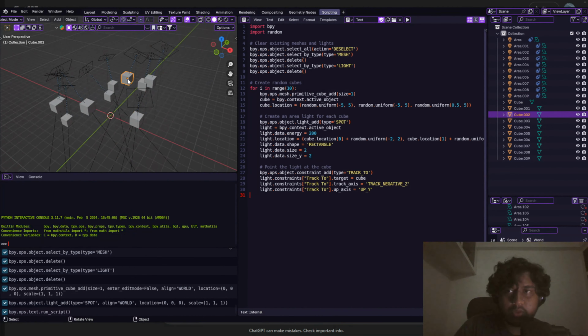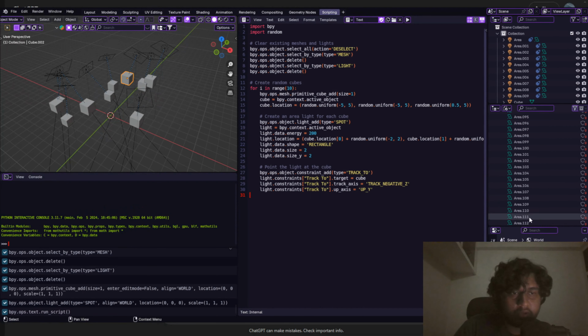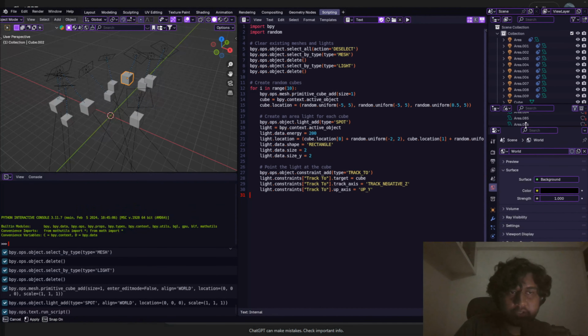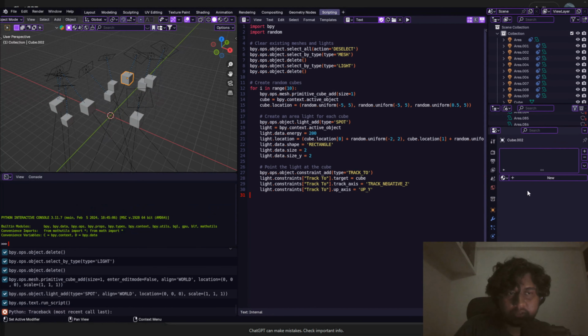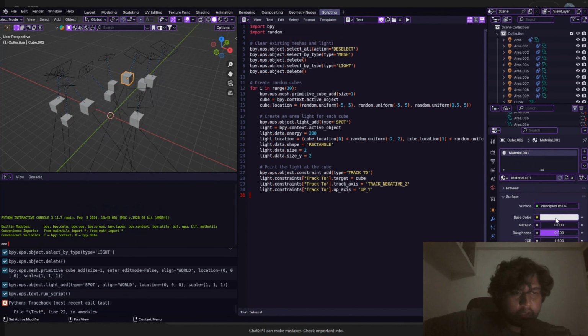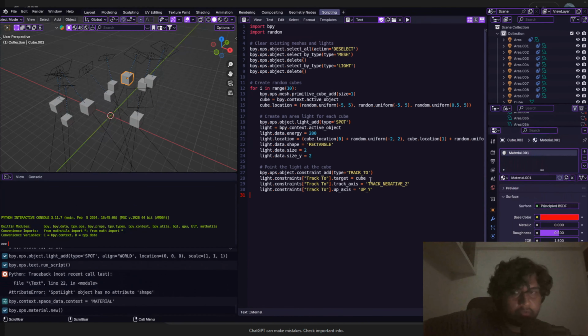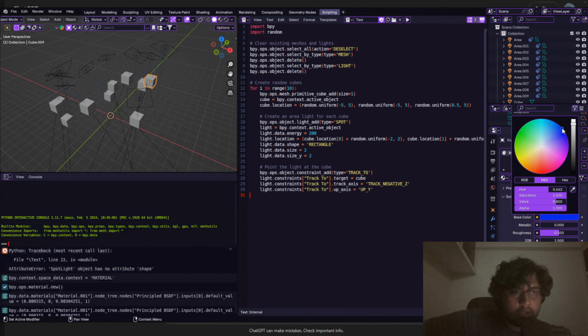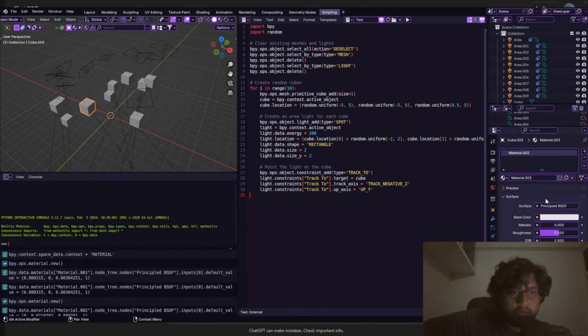And then if you want to add texture to a specific cube, you can do that manually, because right now I haven't really tried experimenting with textures, because I feel like adding textures to GPT will sort of disrupt the entire orientation of the scene, and including the code. So I'm just going to manually add textures. For example, I'm going to make this cube red, and then I'm going to make this cube blue, and then I'm going to make this cube